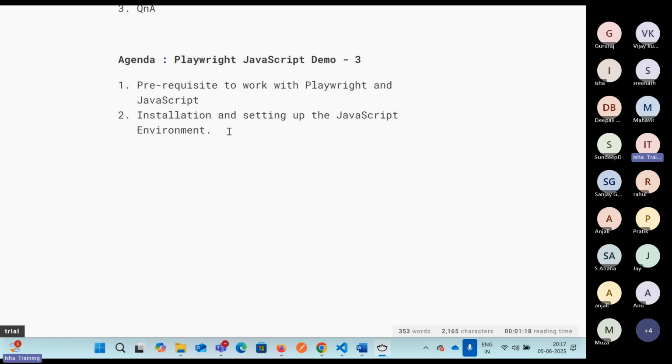Okay, that is the prerequisite to join the session. Now, when we talk about the prerequisite for JavaScript and Playwright,